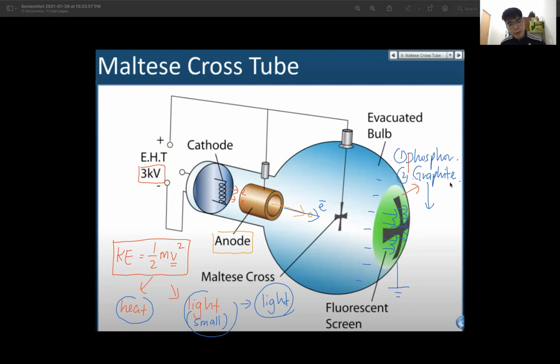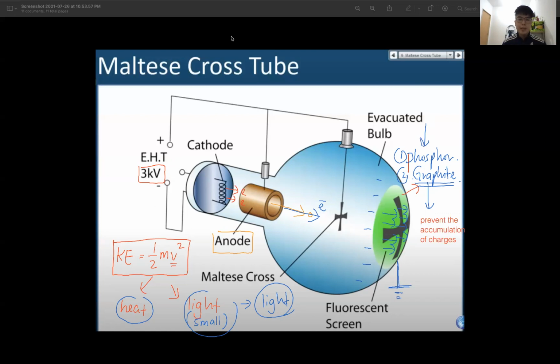That's why we put a graphite layer, and this graphite layer, they will send all the electrons down into the ground, away. That's why it must be a conductor. Okay, so the graphite function is to prevent, write this down, prevent the accumulation of charges. The function of the phosphor, this one, convert